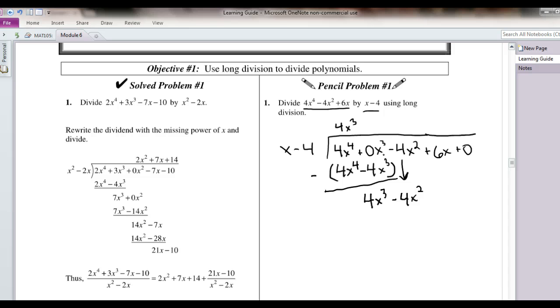Now we play the same game again. We ask ourselves how many times will x go into 4x to the third. Now it's just 4x squared times, and we multiply back through. So we're going to get 4x to the third, and now when we multiply 4x squared times minus 4, we'll get